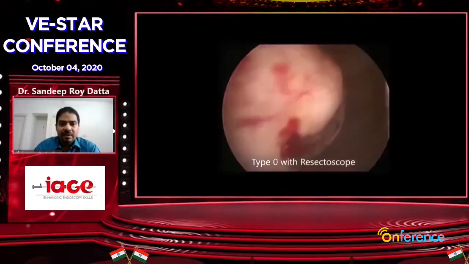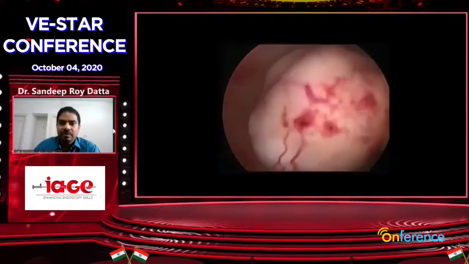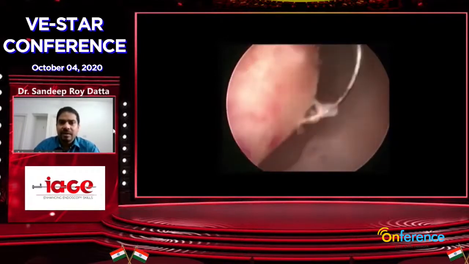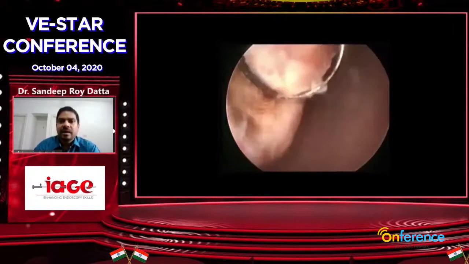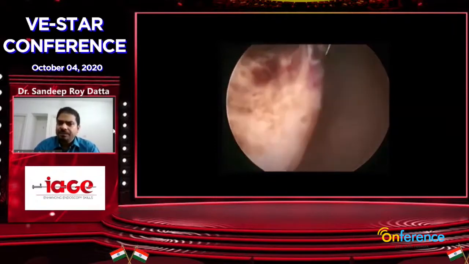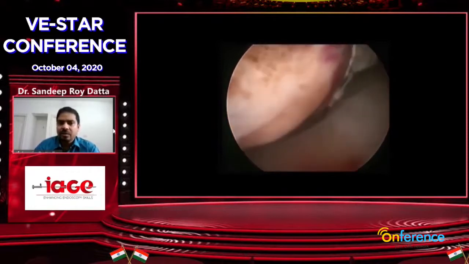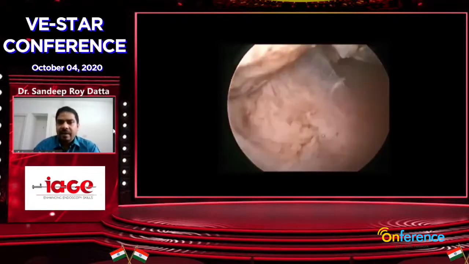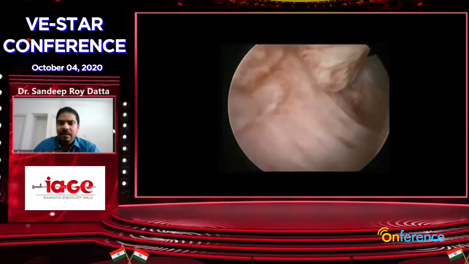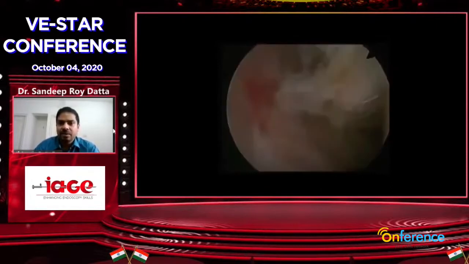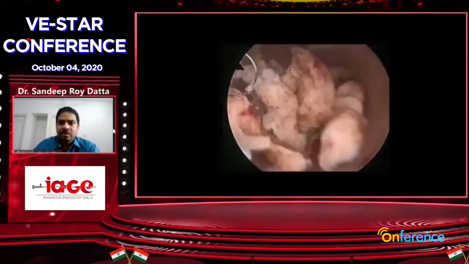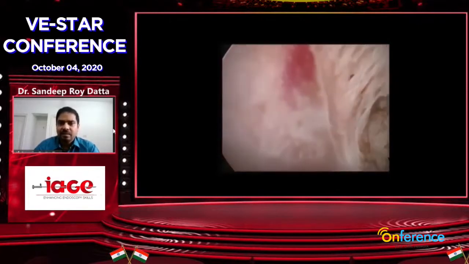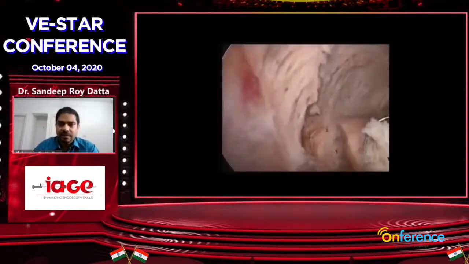Then this is another type 0 fibroid, where I'm showing the use of a resectoscope. If the fibroid is hard and big, like 3-4 centimeters, which is not going to be easily managed with a scissor, you can slice it. Slicing should start from the topmost point and then slowly proceed towards the base of the fibroid. You can use a monopolar or a bipolar depending on availability. In type 0 fibroid, the chance of fluid related complications is usually less because we don't open up too much of the vascular spaces and endometrium. Slowly you go towards the base, and once you see the myometrial fascicles, you have to stop the resection. Here the last bit of the tissue is removed.